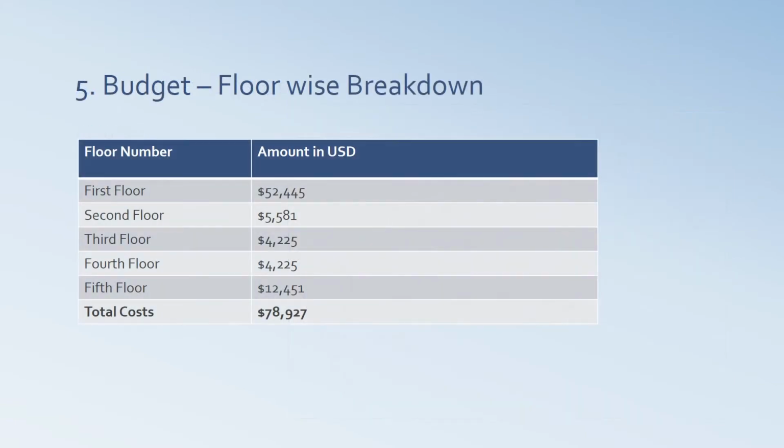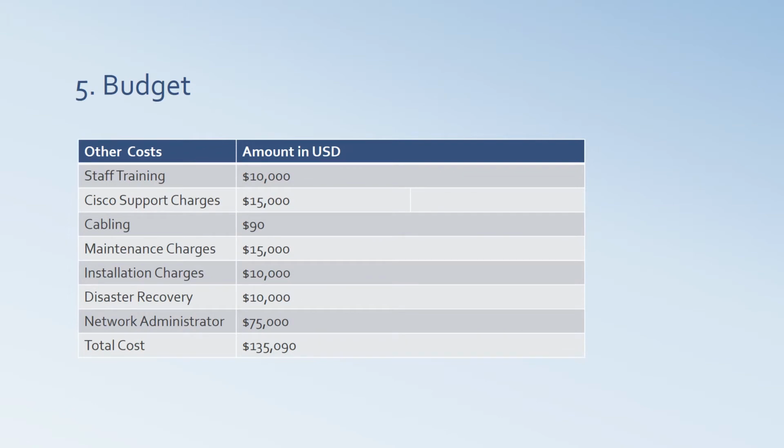Now, based on the budget, based on the requirements, this is the budget that we have come up with. We have a budget for each floor depending upon the kind of hardware that we have used. For example, we have mainly used Cisco routers and switches. Based on the costing for these devices, the total hardware cost that we have come up with is $78,927. Other than that, we have additional costs such as staff training, Cisco support charges, installation and maintenance charges. So the total cost for the entire project that we have finalized is